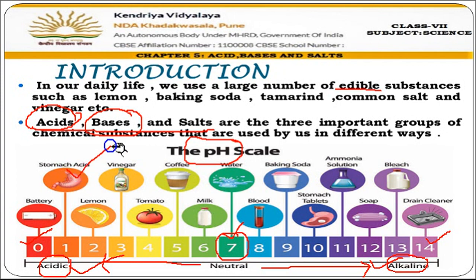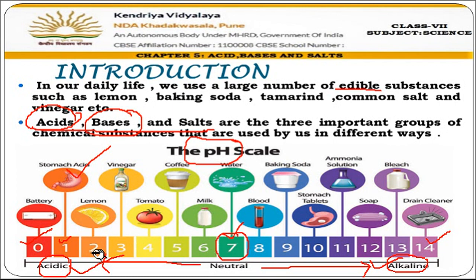We all know that an acid is produced in our stomach. You have studied it already. That is HCl. What is the pH value of that HCl? The pH value is 1. That means it is a very strong acid because from 6 to 1, the acid nature is increasing. 1 is more acidic than 6 here.